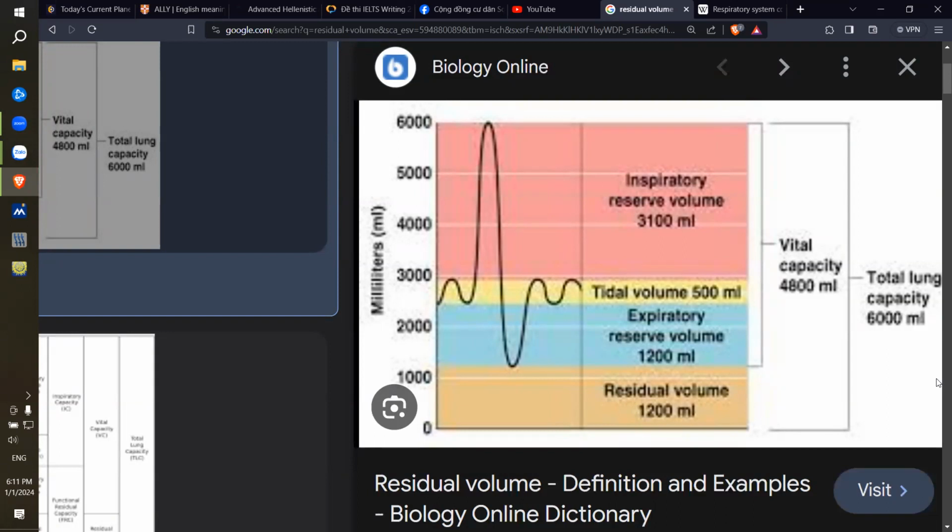But do these numbers depend on age? What do you think? Of course, it must depend on age and sex as well. These numbers are typically for a male of about 80 kilograms. And it doesn't say that they are an athlete or whatever. It's just a normal person, okay?